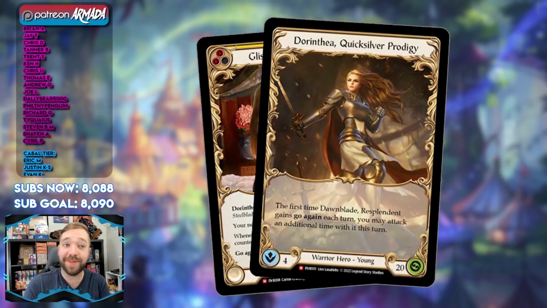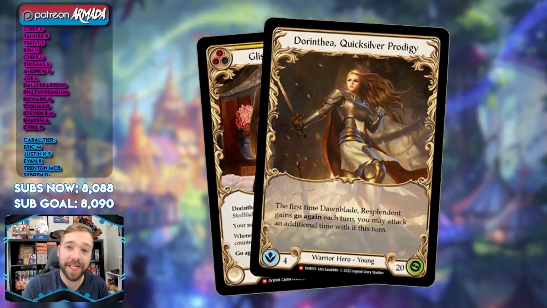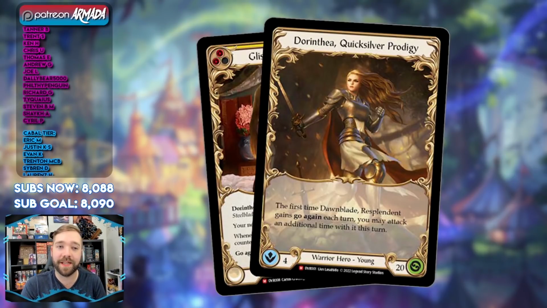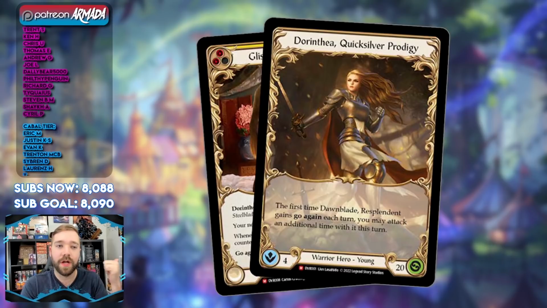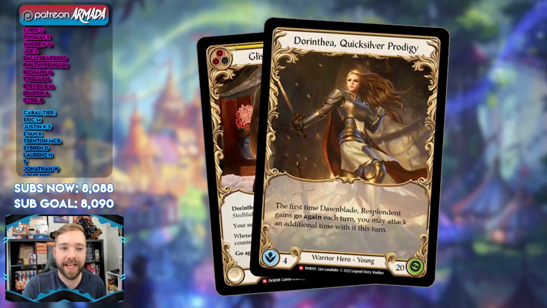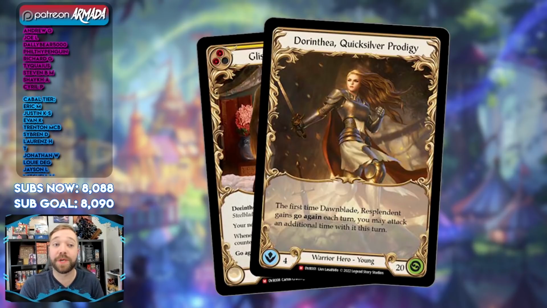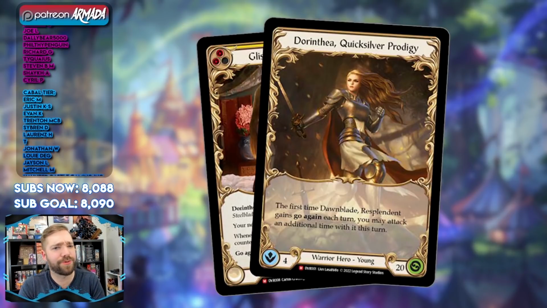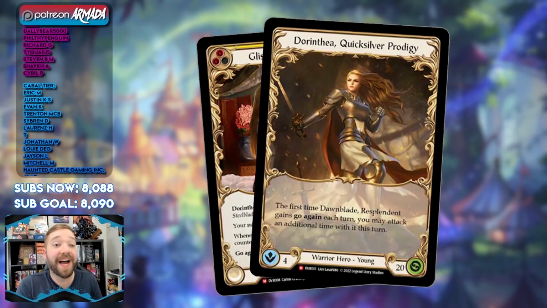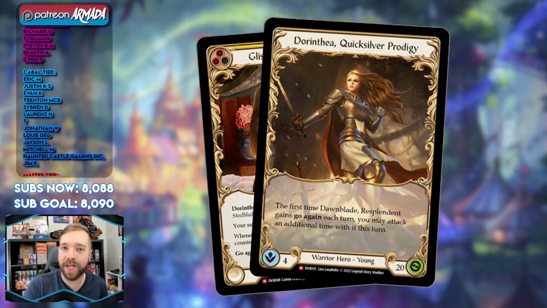It's not the same Dorinthia. This is Dorinthia Quicksilver Prodigy, and this implies that we're never going to see this version of Dorinthia printed in like an adult version, because this is Warrior Hero Young, and it has a subtitle. It's a 4 intellect, 20 health. Again, that would be horrible if it was a 4 health, 20 intellect, or maybe it wouldn't, I don't know. Either way, it's a young hero, it's Dorinthia, but it's in a brand new light, a way we've never seen her before,